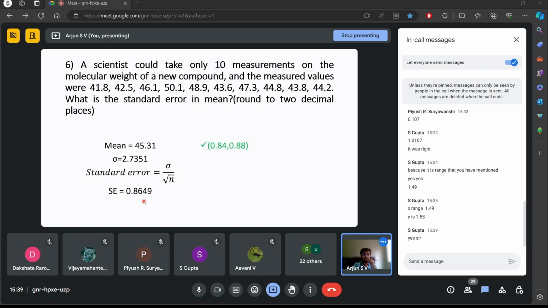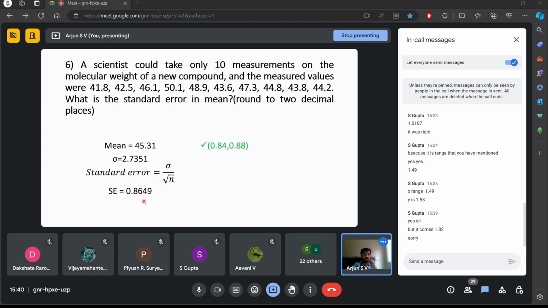And the acceptable range for any answer is 0.84 to 0.88. Depending on whatever compiler or calculator you use, any answer from 0.84 to 0.88 will be accepted. But if it comes 1.82, 0.82,